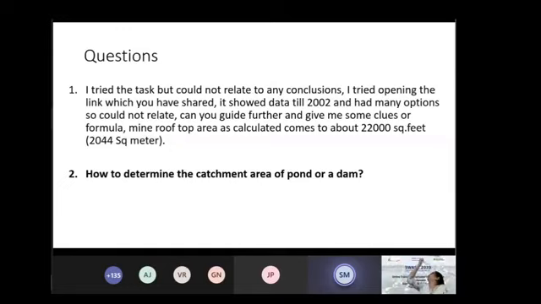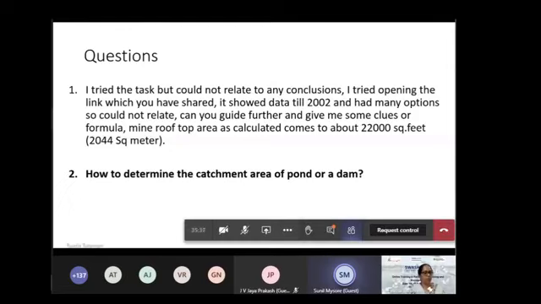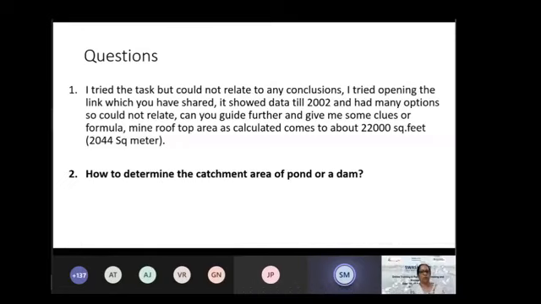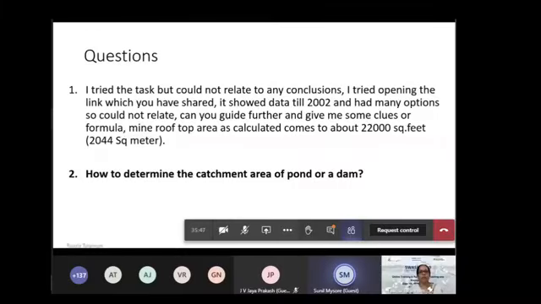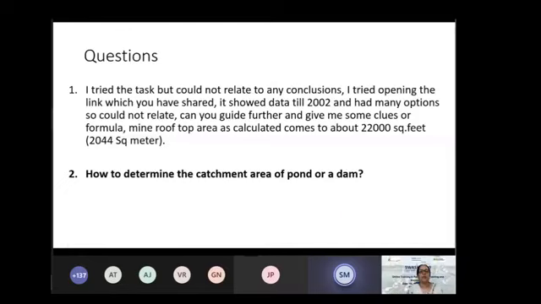Actually, if you open that link, there is plenty of data. You have to do some homework to sift through the data and arrive at the answer, because that's actually meteorological data. Meteorological data will have n number of parameters. You have precipitation, humidity, temperature, yearly averages, averages over decades, and averages over days. In that particular year, you will have the average rainfall of every day. So we have to go through a lot of data. It will be very difficult for me to go into that sheet and start explaining each and every data.